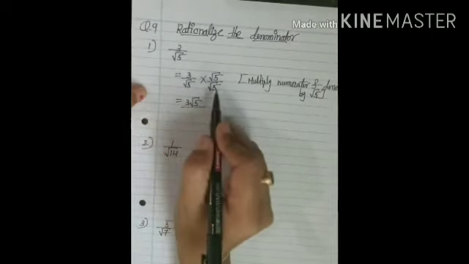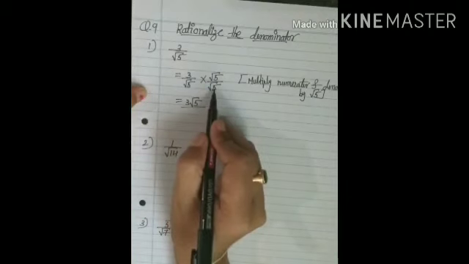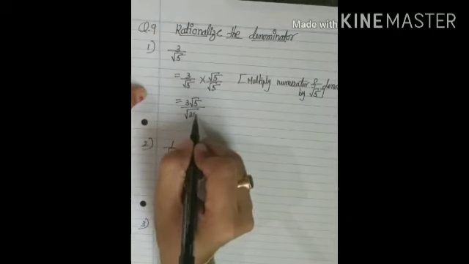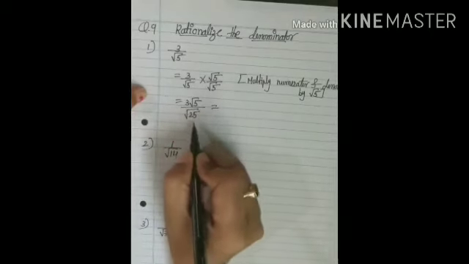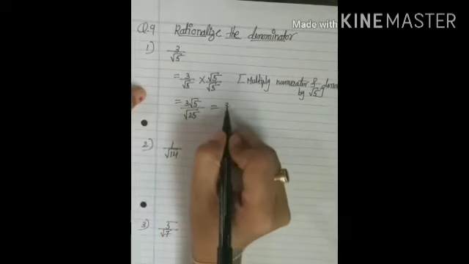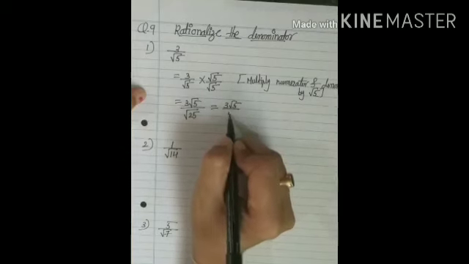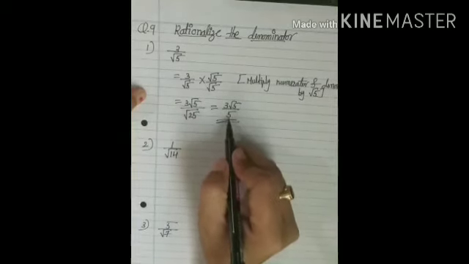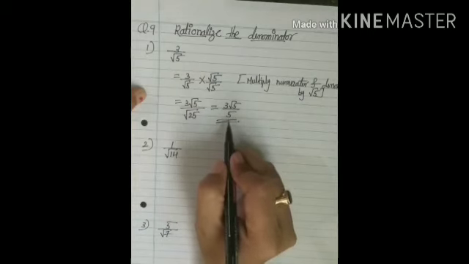But this is root 5 and this is root 5, we can multiply. So 5 5s are 25, so you get root 25. Root 25 is a perfect square, so, children, it will come out of the root. So the answer is 3 root 5 upon 5. This is your answer, children. We have removed the radical sign from the denominator place.